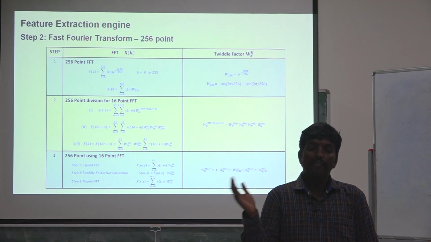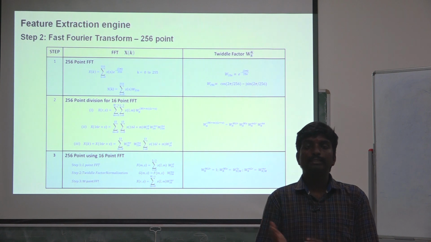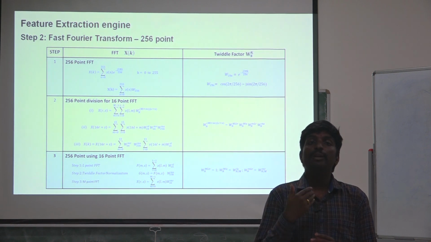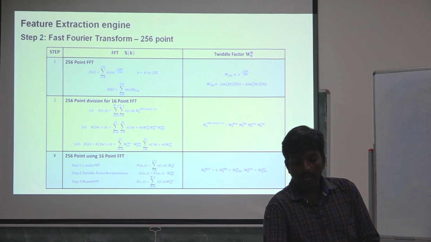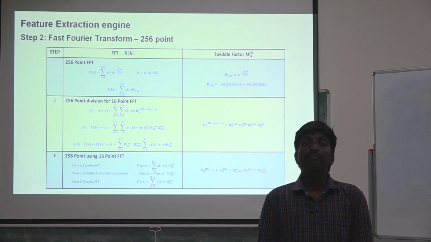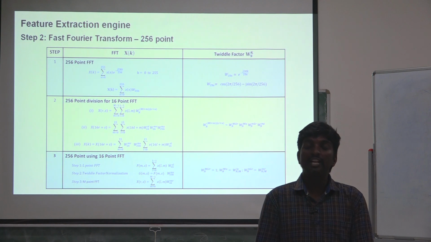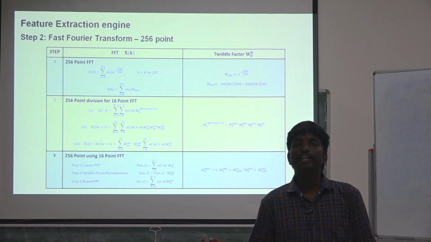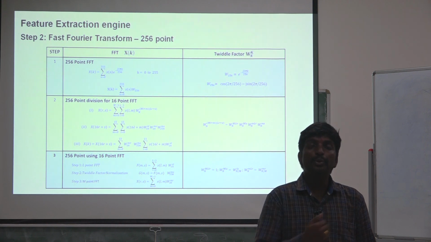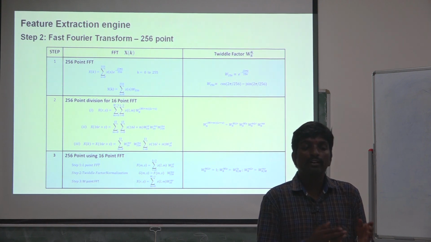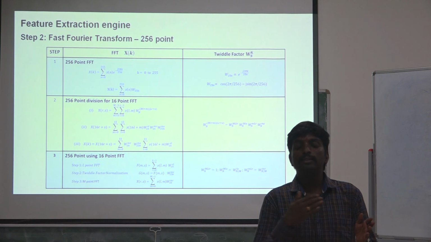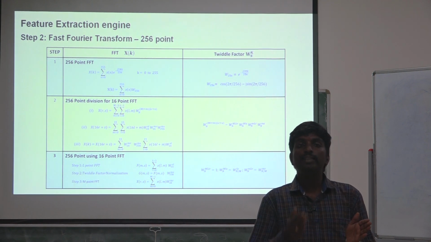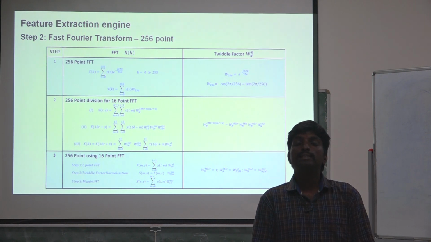Once we want to do all these things, we need to remember which input samples are required for the computation. As we observed, for the first subframe computation the input sample numbers are 0, 16, 32, 48, which are not consecutive samples. So we never get the 0th sample and the 16th sample consecutively. We need to wait until the 15th sample, and only then will we get the 16th sample.